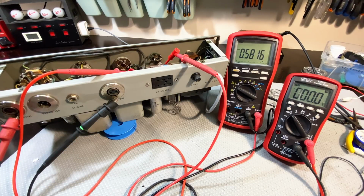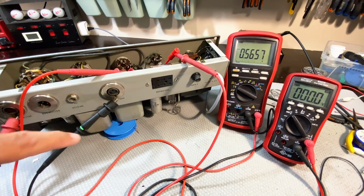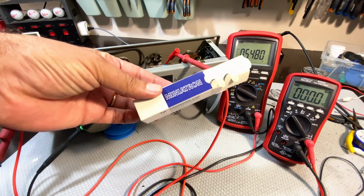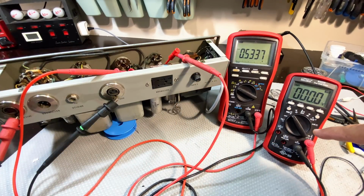Right, I'm ready to do a proper power up now. I've put in all the tubes: the 12AX7, 12AU7, and the rectifier tube. I put in a new rectifier tube because the owner told me there was something wrong with the other one, so I'm not even trying the other one. And I've got the little brothers measuring the B+ straight out of the rectifier to the first filter cap,